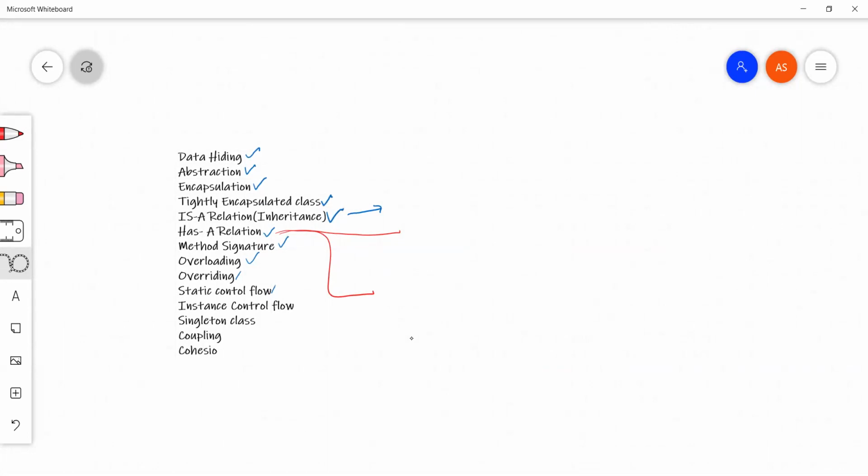So what is method signature? When we define a method, we write something like this. We write an access modifier. It can be private, it can be public, default, which we don't really need to write, or protected.